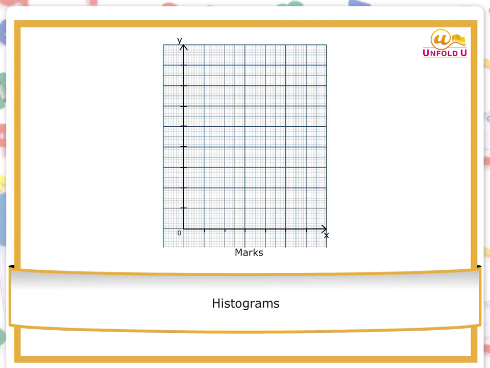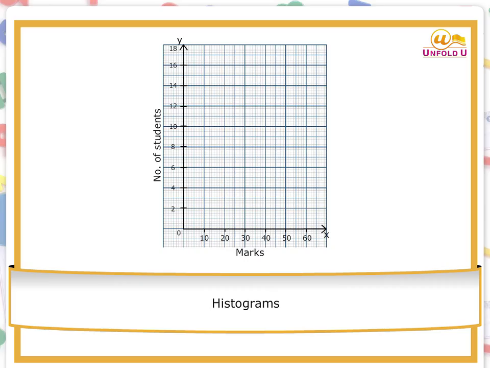To draw a histogram of a frequency table, we first represent the marks on the horizontal axis. We choose the scale as 10 lines of graph paper equal to 10 marks and represent the marks on the x-axis accordingly. We represent the number of students on the vertical axis. We choose the scale as 10 lines of graph paper equal to 2 students and represent the numbers accordingly